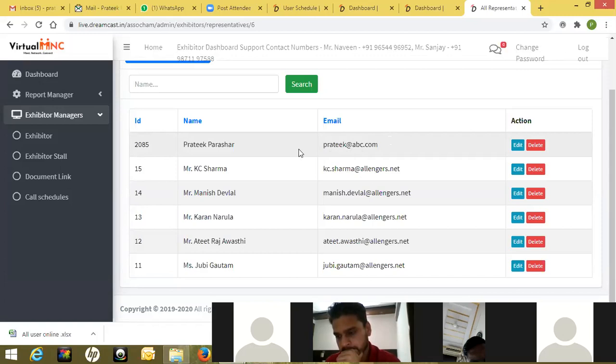Once you do this, you will have access as an exhibitor from the front end onto your booth, and you can have access to whatever number of live visitors, live attendees, are on your booth. You'll get a notification of those. You can directly tap on them and connect with them.